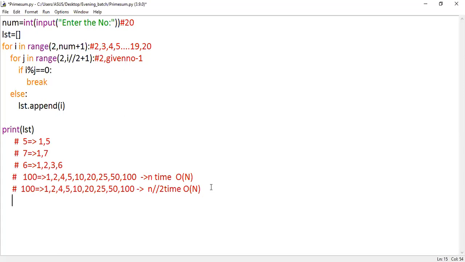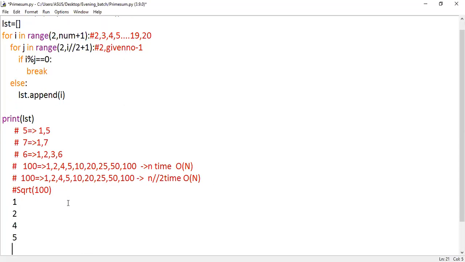So when you want to go with the best case, then we are supposed to go to the square root of the given number times. Square root of the given number times, what is the reason behind it? I told you that the first half will be the multiples of the second half. If you know the first half, then the second half can be generated. This is a series, like I told in a previous session itself. Even then, let me repeat it. Some people might have forgotten. So let me make a quick move of it, guys. If you have 1, then 100 by 1 produces again 100. So if you know the first number, the last number can be produced.